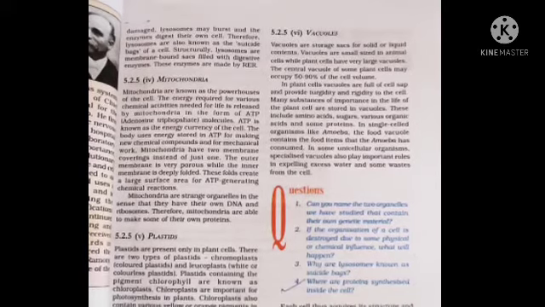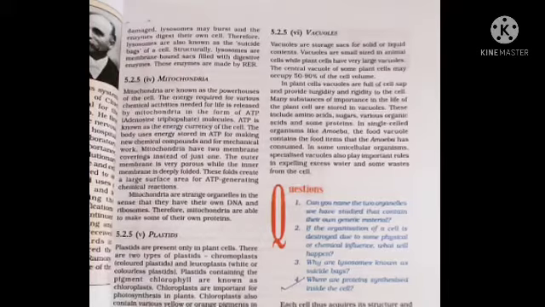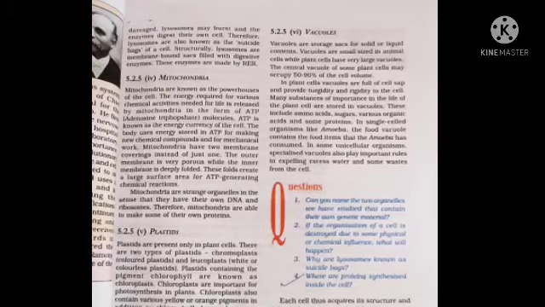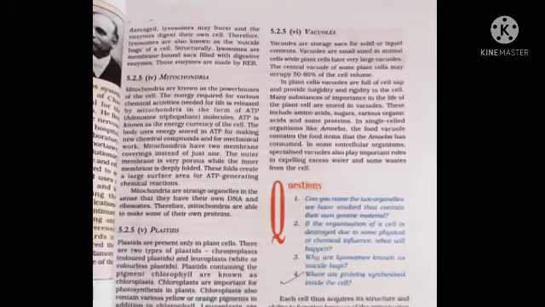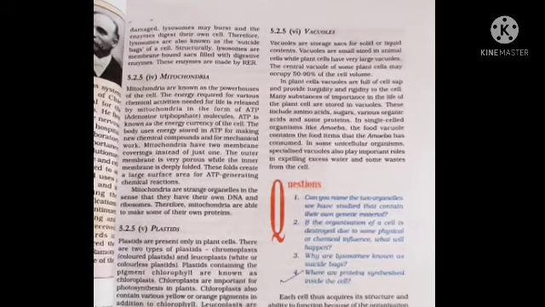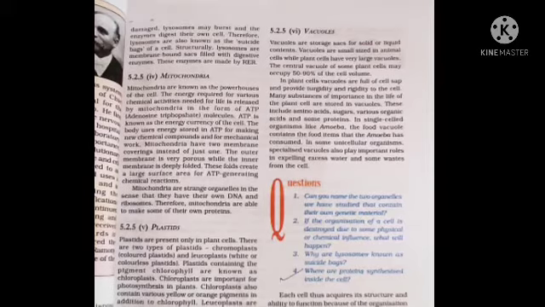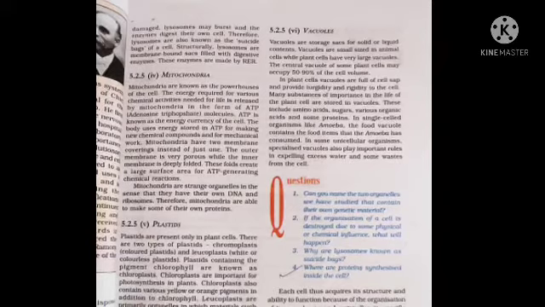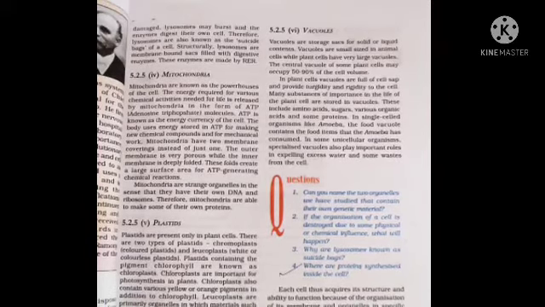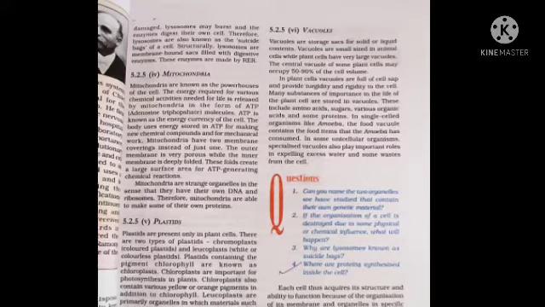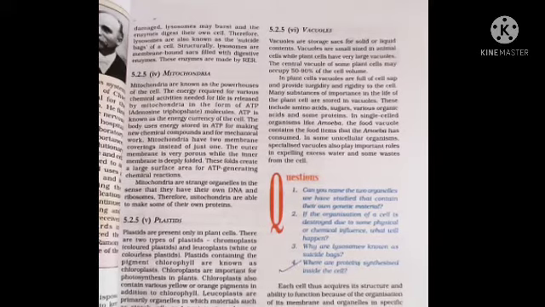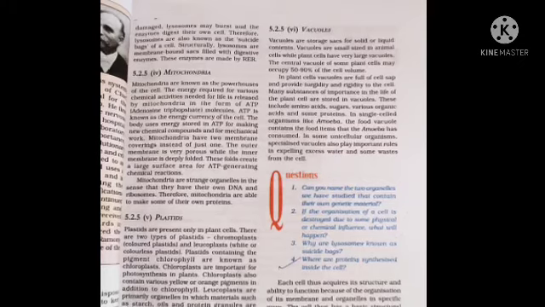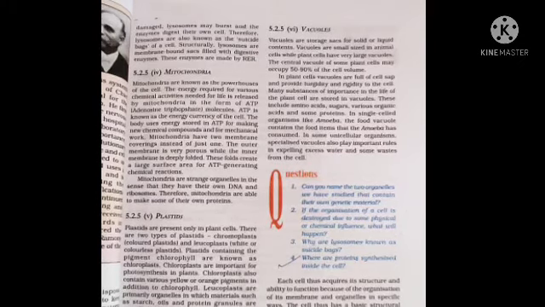Now, we already discussed in the last class that the components through which the cell has been made up are called the cell organelles. The components through which we form the structure of the cell are known as the cell organelles. There are many different cell organelles present in the cell. We will discuss some of the cell organelles and their functions in this chapter.